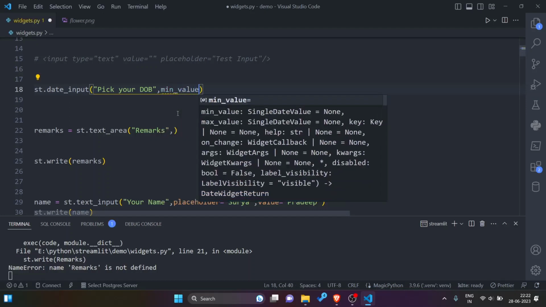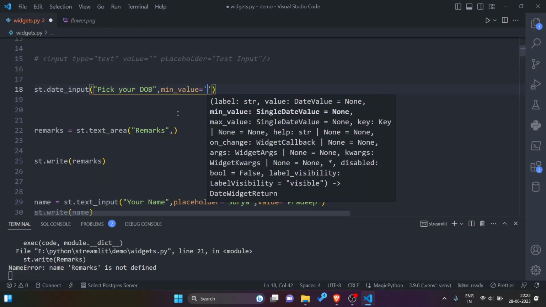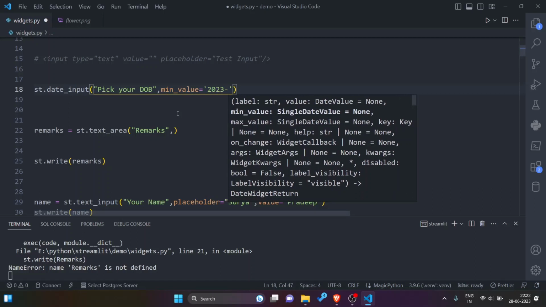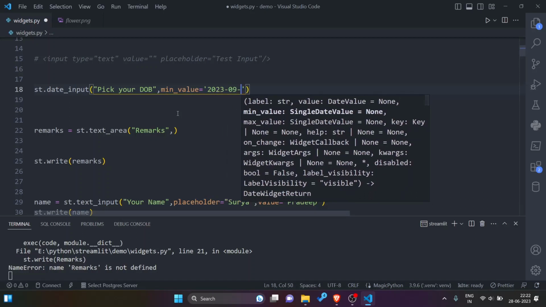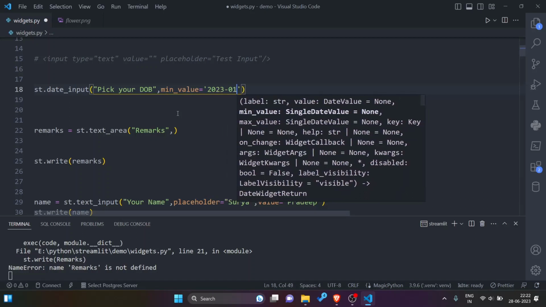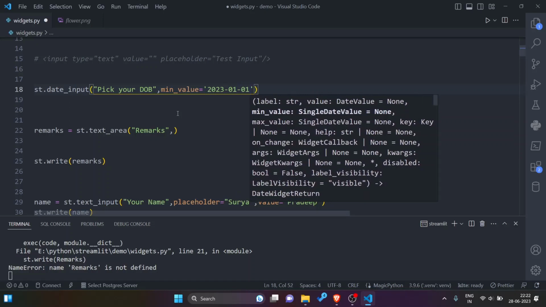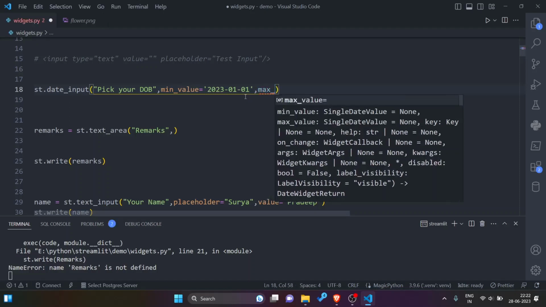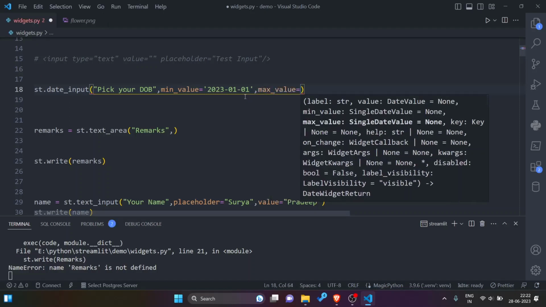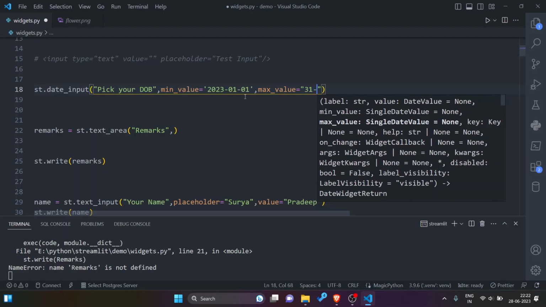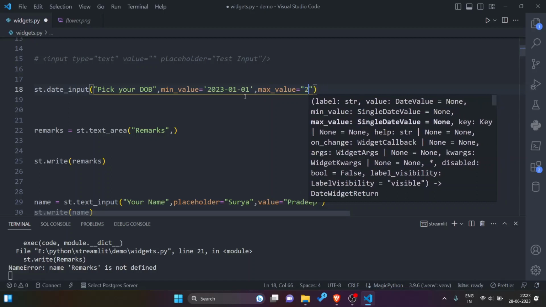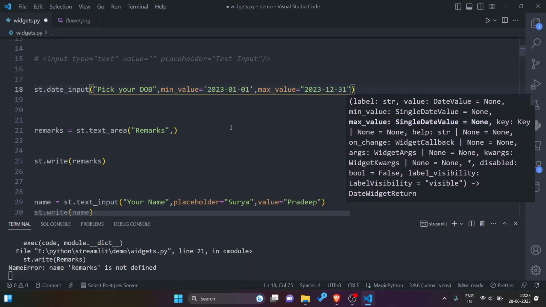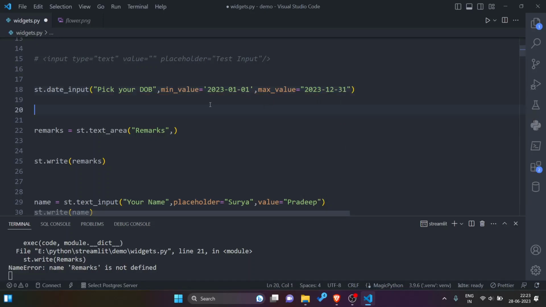So min value is equal to, we need to pass in the form of standard date. So let us say 2023-01-01. So minimum value is 1st January, and then max underscore value is, let us say, 2023-12-31, 31st of December 2023.